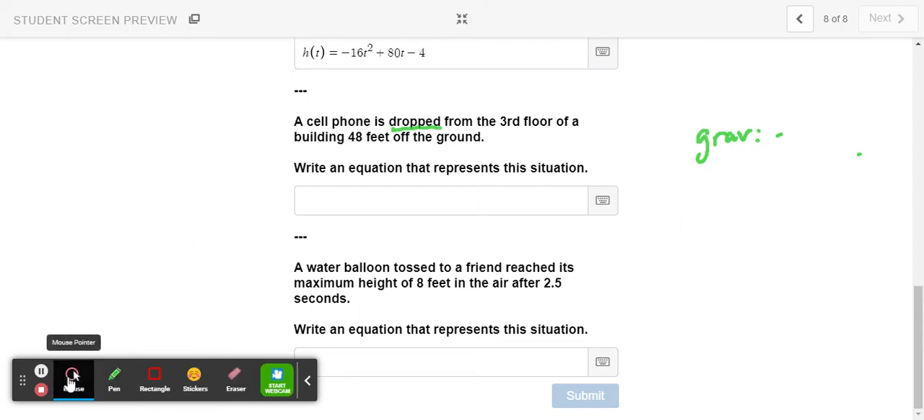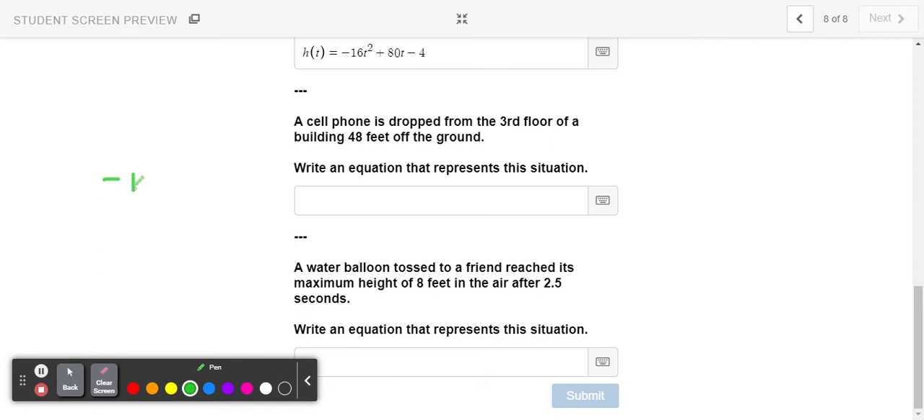Getting a little glitchy here. There we go. Gravity is negative 16. Ay, ay, ay. You guys, it doesn't like me. Oh, I see what happened. Negative 16. Then